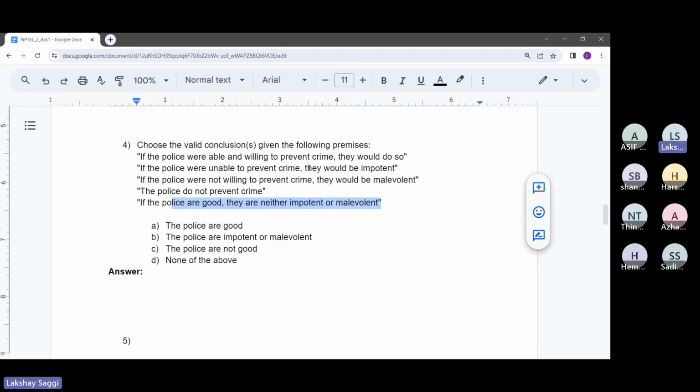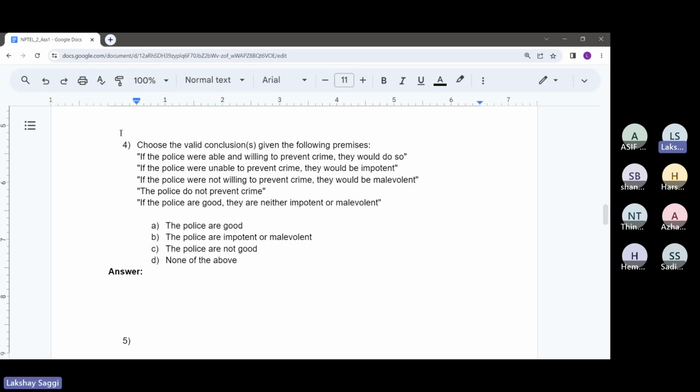So from these statements, we want to see which of the following are actually valid conclusions. Which of the conclusions can actually be derived from these statements? Or let's say, which of the following conclusions can be inferred. So we'll need to use something like laws of inference here. I'll try to do this question orally. I don't think it's too difficult to see.